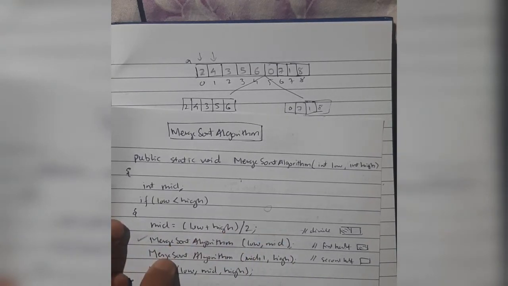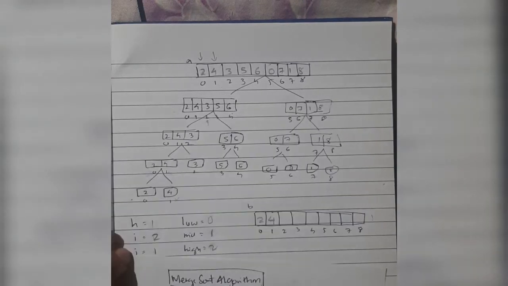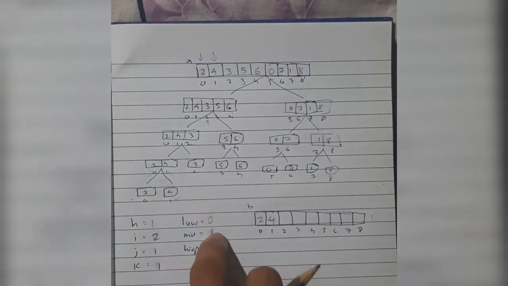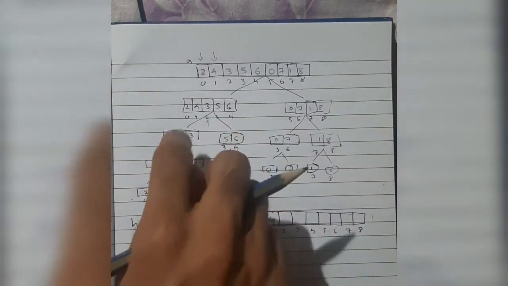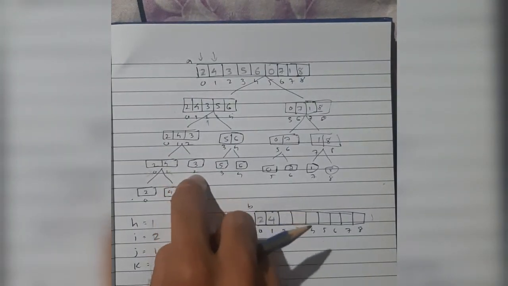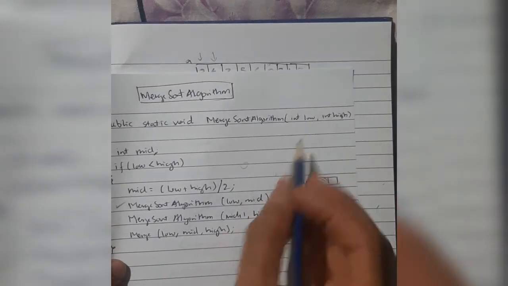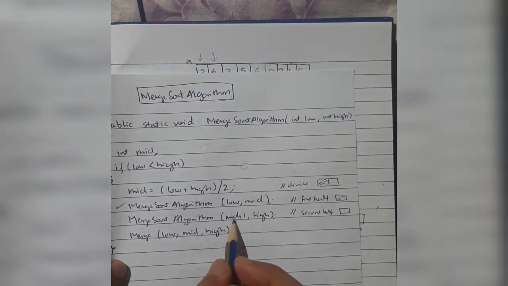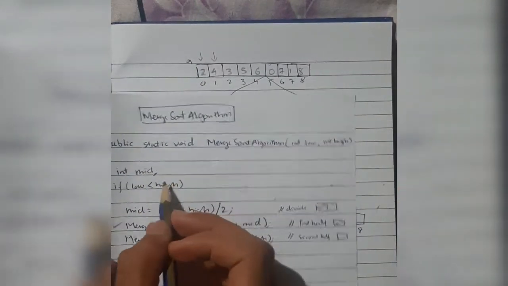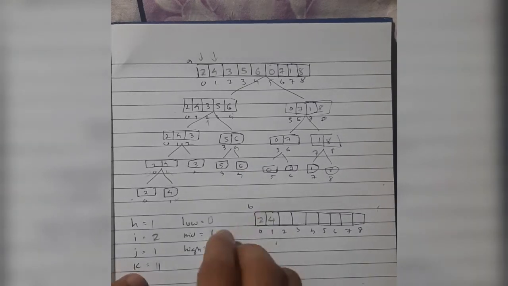Now after that we have to call this function, which means mid plus 1 and high. What is mid plus 1? Mid plus 1 means 1 plus 1 is 2. 2 means this one, which will be called alone, so low and high are both 2. When you call this, mid plus 1 goes to low and high stays high. Mid plus 1 is 2, so 2 and 2 will be passed to low and high. At that time, low and high values will be 2 and 2.